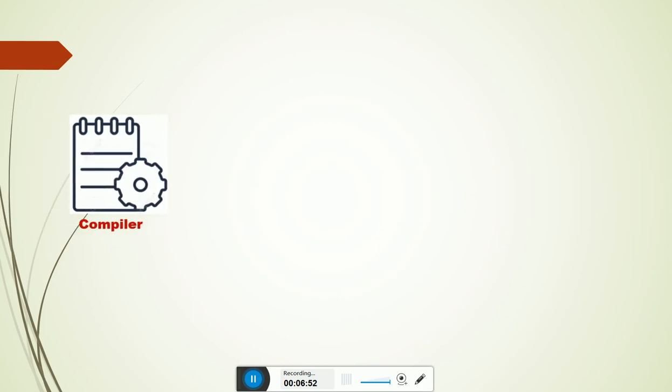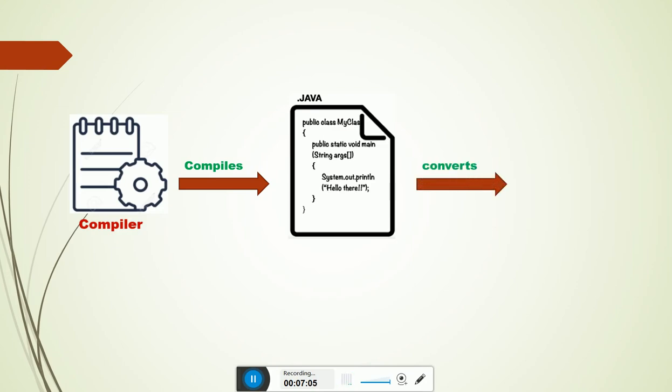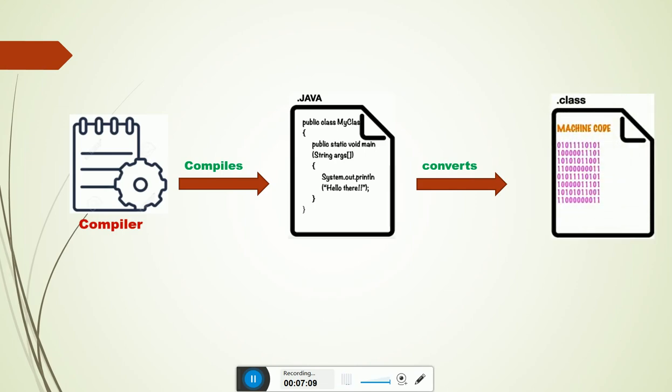The compiler compiles your Java code and converts it into machine code, that is in the form of 0 and 1. And this machine code is nothing but the magical bytecode that we are talking about.